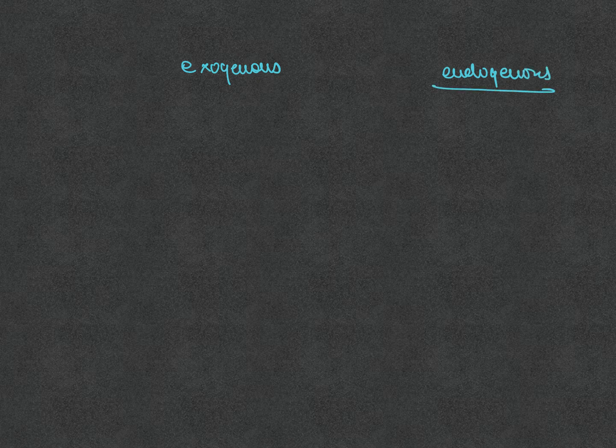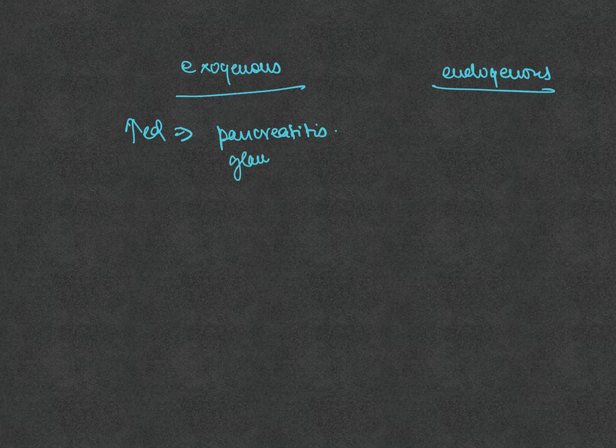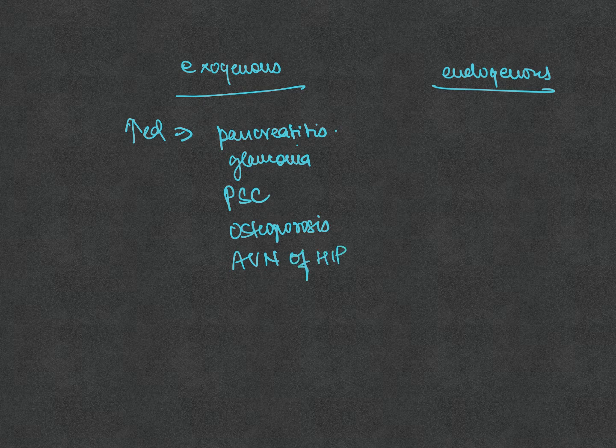So what is going to happen is the features that are going to get increased are going to be pancreatitis, glaucoma, posterior subcapsular cataract, osteoporosis, and avascular necrosis of hip. While the ones that are going to get reduced are going to be